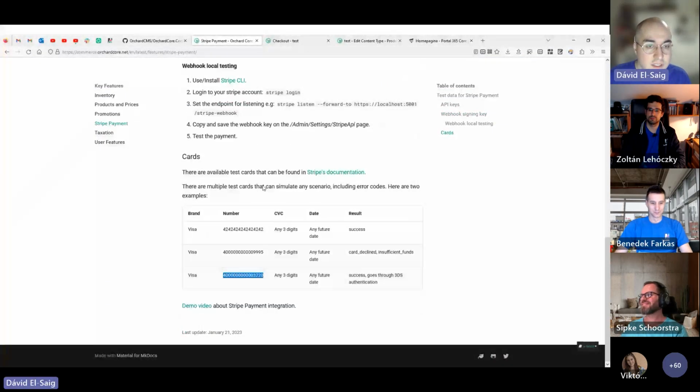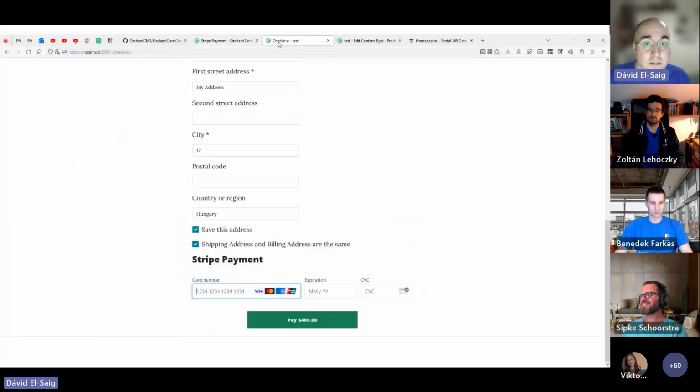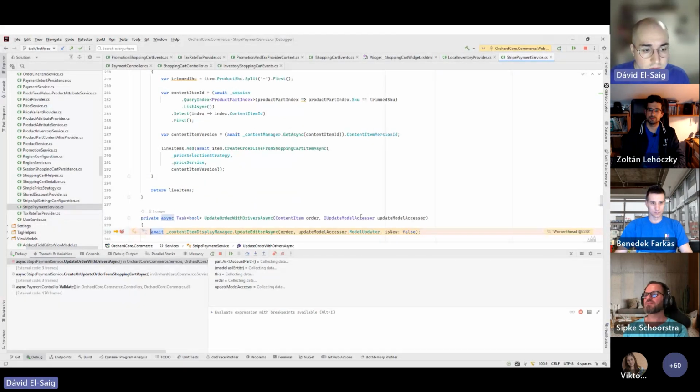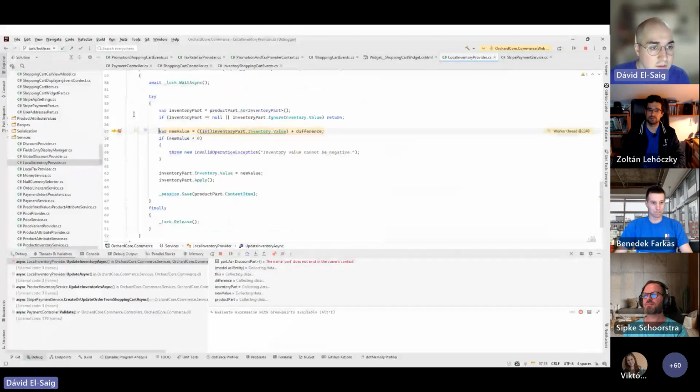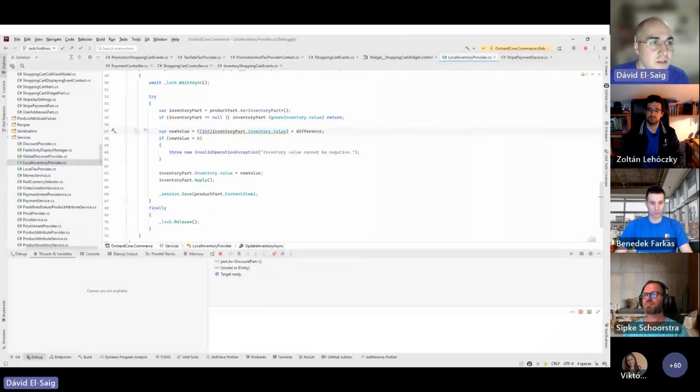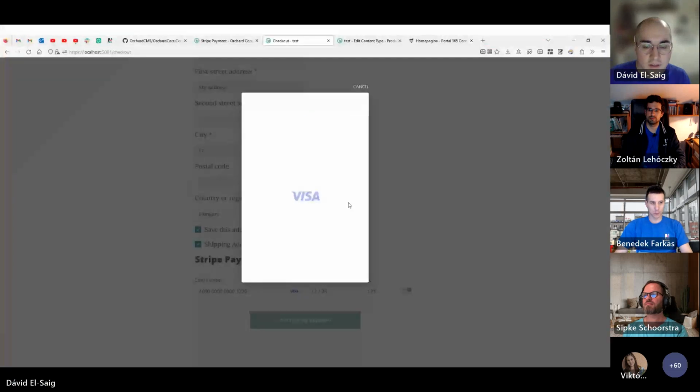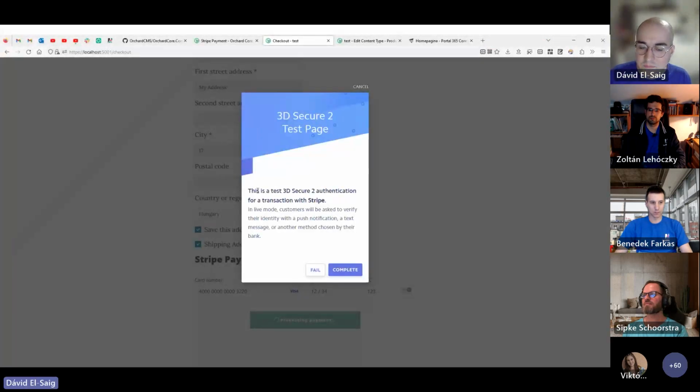But the point is that you can just use this card number to show off how it looks when you use 3D Secure. If I didn't put breakpoints, that would be nice. Come on, why did I do that? Anyway, it shows that this is just a Stripe test screen, but normally that's where you would use your two-factor authentication